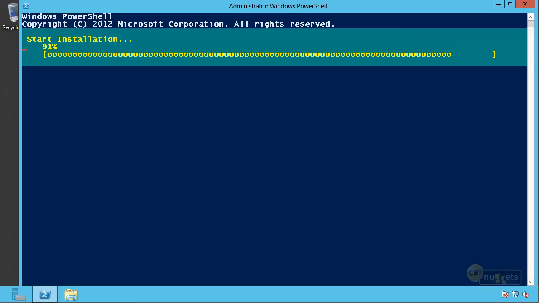Also, while it's doing this, remember what I told you earlier. There are certain PowerShell cmdlets that you'll need to know. Install-WindowsFeature is the generic beginning part of that, and then you have to specify which feature you want. We wanted the migration tools, so that's what we specified there. For purposes of the exam, you'll need to know the Install-WindowsFeature command for sure.